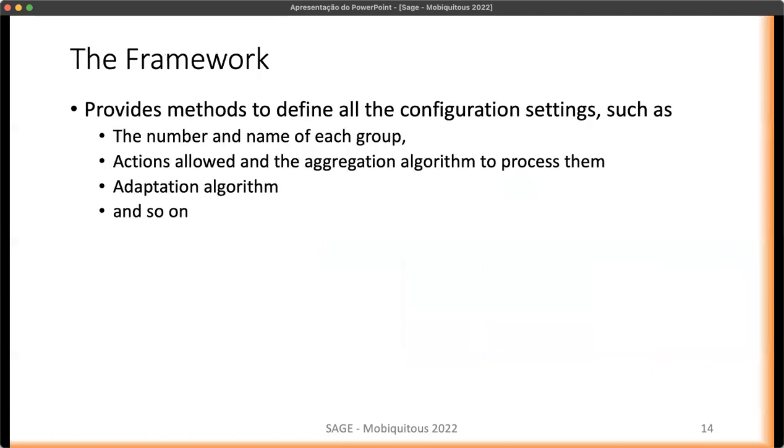Regarding the framework, the framework provides methods to define all the configuration settings that we've talked about before, such as the number and name of each group, the actions allowed for each group, the aggregation algorithm defined to process each of the actions, and also the adaptation algorithm that is used to adapt the transmission periods, among others.